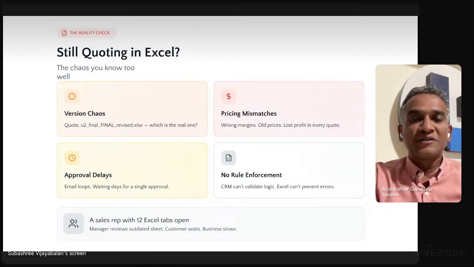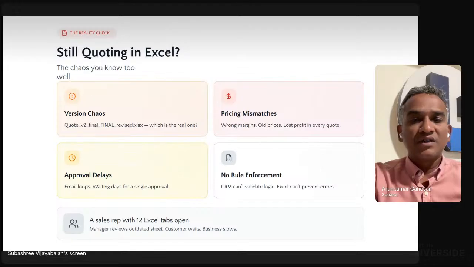And of course, we would get a lot of pricing mismatch because all this pricing information is stored in individual Excels and not in a central repository. And if we need an approval where the margins are below the thresholds, or we are going for a discount which is higher than the estimated limit, we need to go for an approval, and again it causes delays.